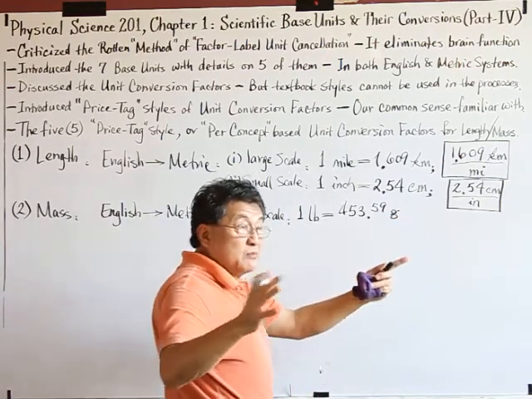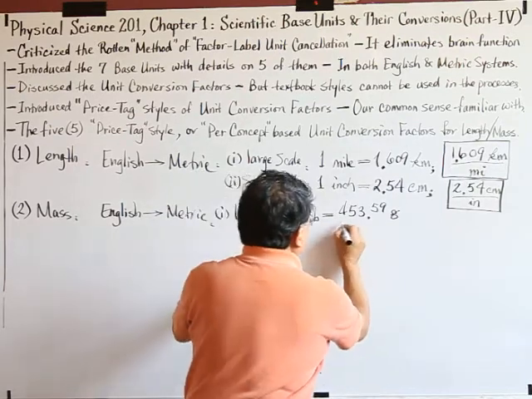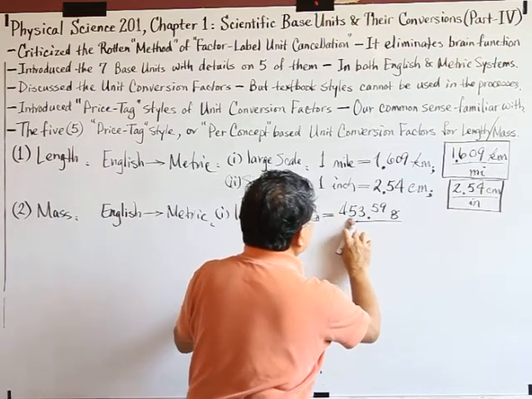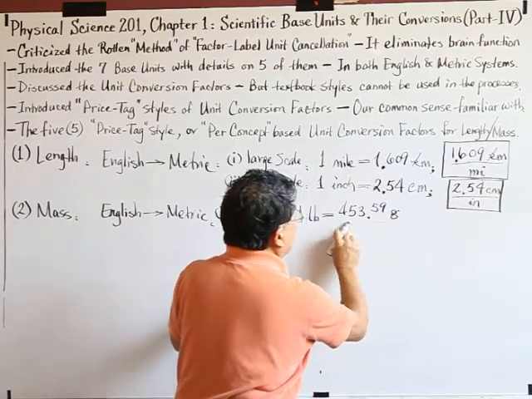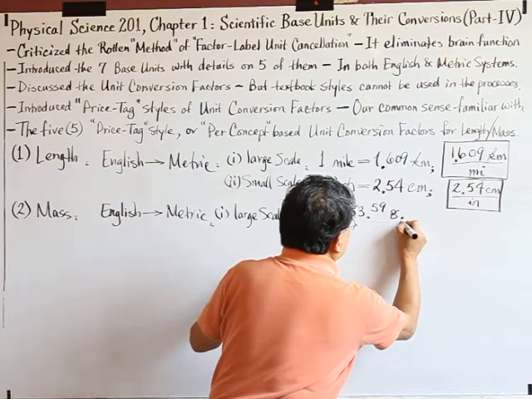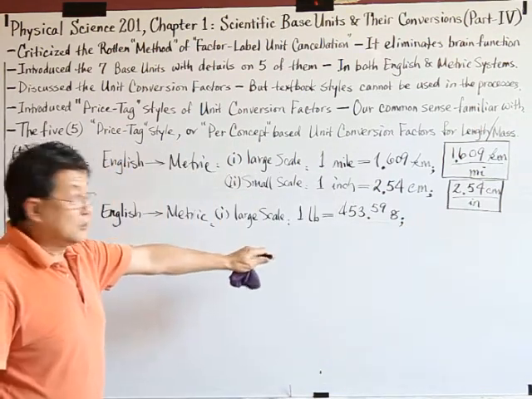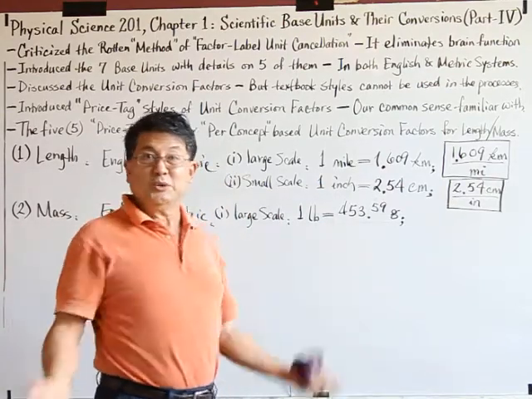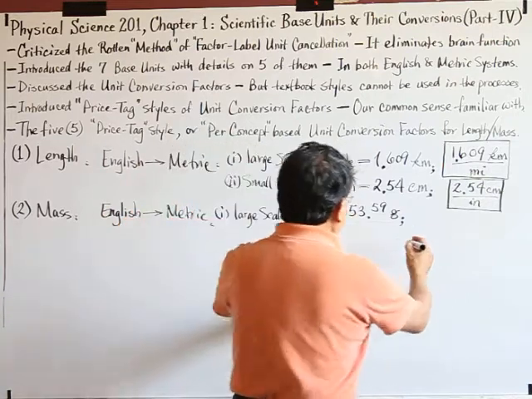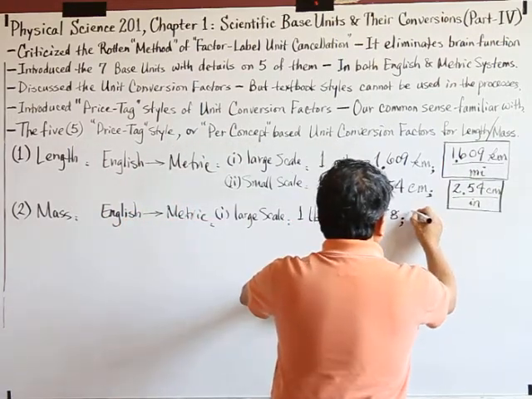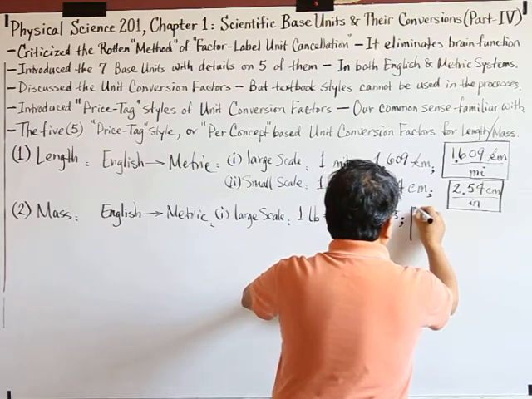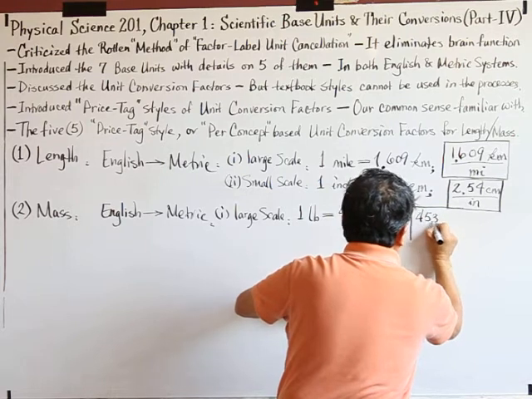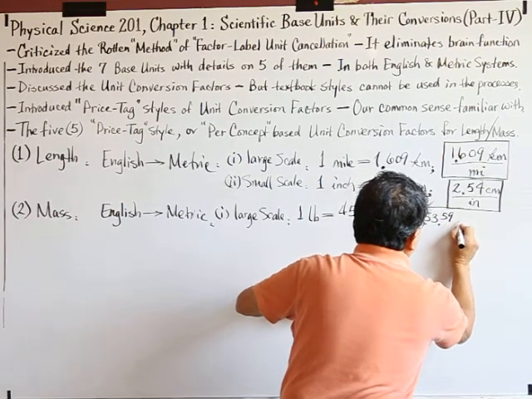Okay, now I have to write this one with a plain g, right? It's not kg, because in this case it's smaller, 1,000 times smaller than the standard base unit, and that is textbook style, right? And this time again, we cannot directly use this conversion factor because the equal sign is in the middle. We cannot have an equation with 2 equal signs, right? So then we have to have a boxed format. Let's use this. So it's going to be 453.59 grams